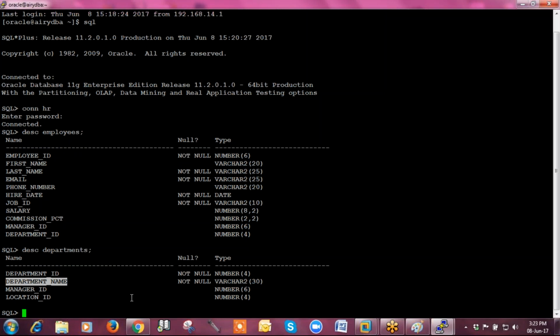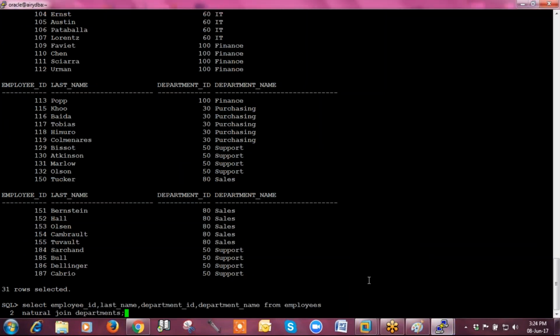Okay, so now let's assume there are approximately 50 columns in the employees table. Not as many, 11 columns. Let's suppose 50 columns in the employees table and approximately 20 columns in the departments table, and you have used the natural join keyword.